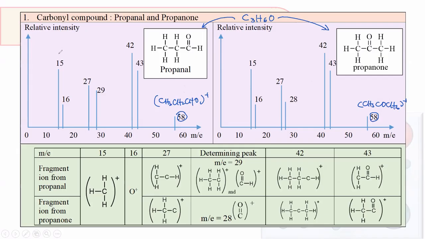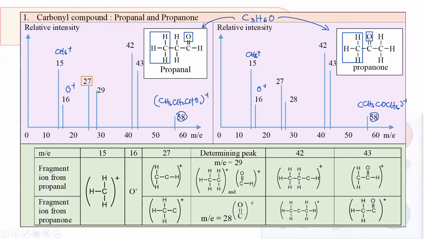whereas 15 and 16 are provided by CH3 plus and O plus here. Now, both of them, you can see, produce the CH3 plus and also O plus here, as I highlighted to you in here and in here. I highlighted them in blue colors so far. Okay. Now, what about 27? For the peak at m over e 27, I use a different color to distinguish it. So the m over e 27 is given by